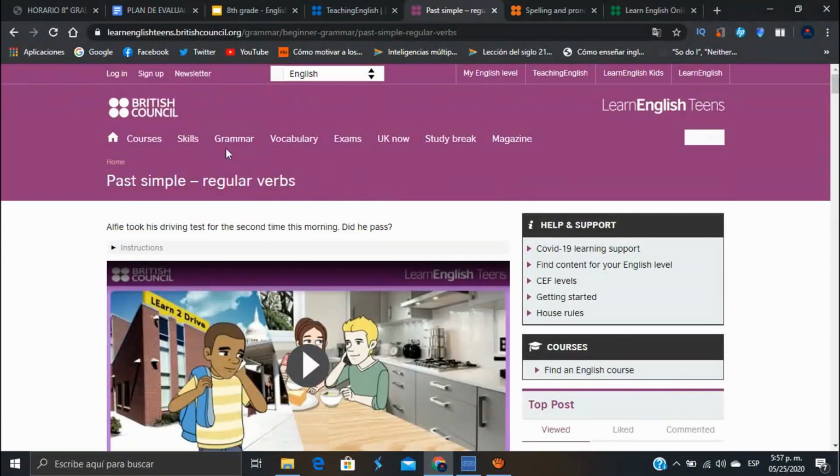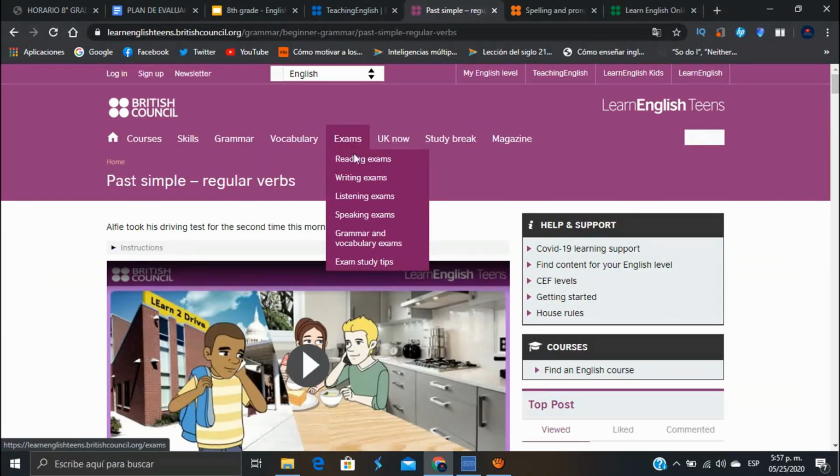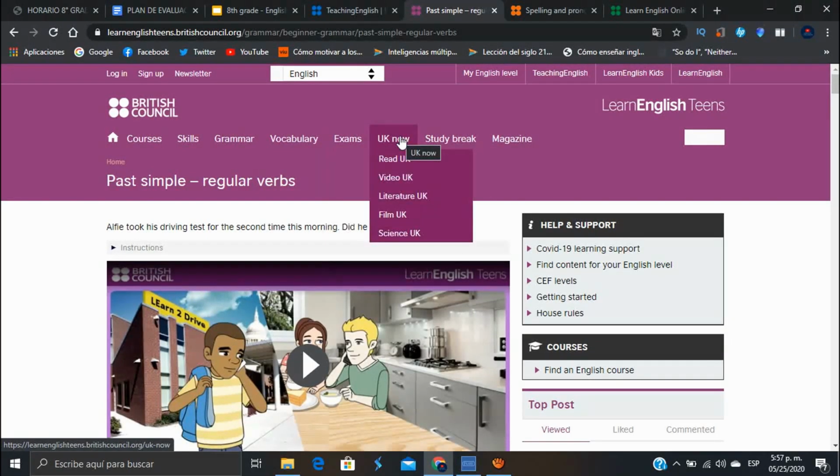Very good, that's amazing. So not only that, you can use vocabulary. You can add any kind of vocabulary you have. You can also have reading exams, writing exams. What else do you want? You have almost everything here. You can check all the exams that they have here, so you can test your student, okay? And also you have different activities like reading, video. Of course, it's related to the United Kingdom because British Council is from there.